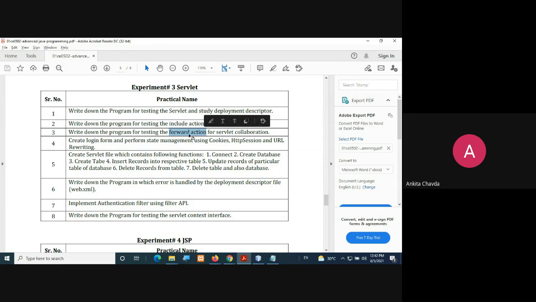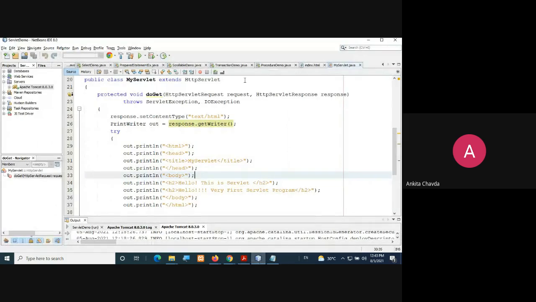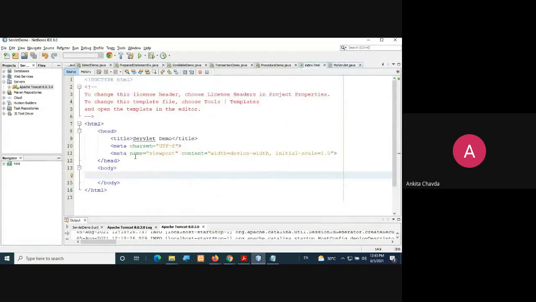How to do that, we will see. Here you are including action equals to somewhere else. So here you will have if and else kind of logic. If it is your index.html, here you will write about the form.